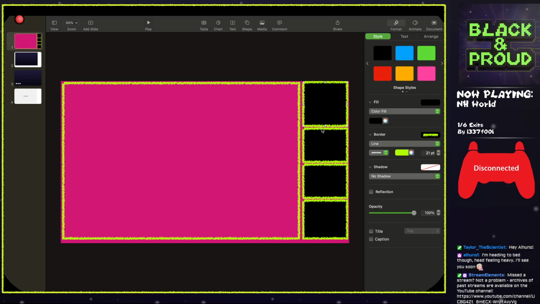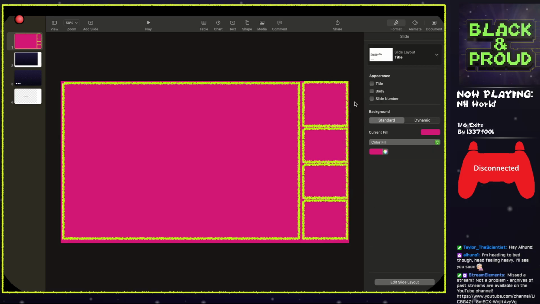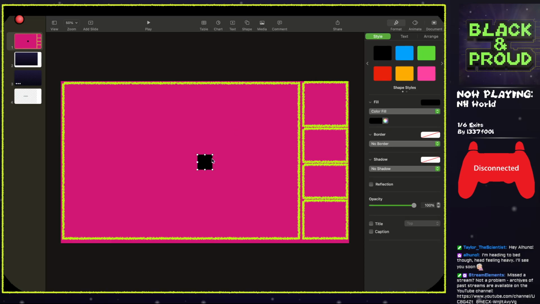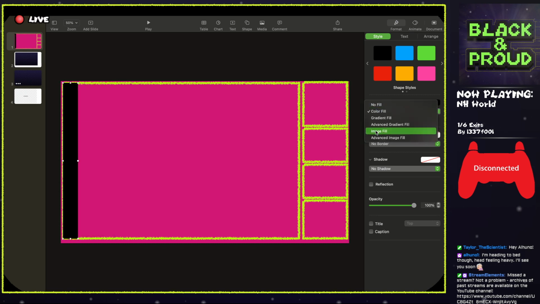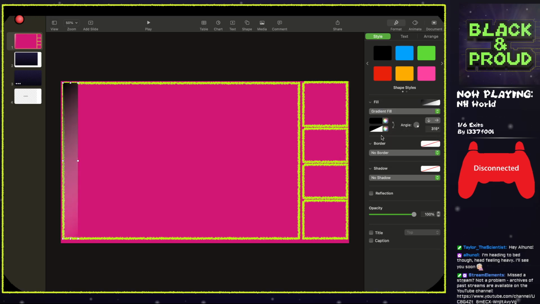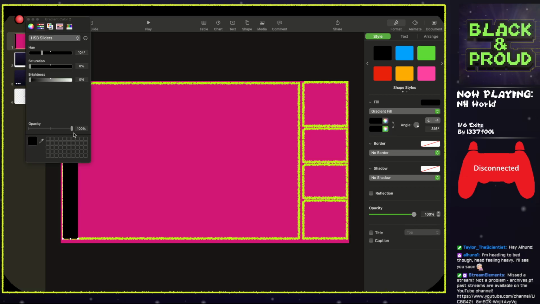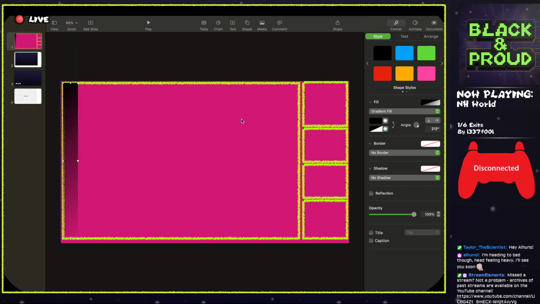And then all of these I want to give no fill. The screen though, I want to give a nice little gradient border and I want to do that again, so I'm going to make this black with no opacity,